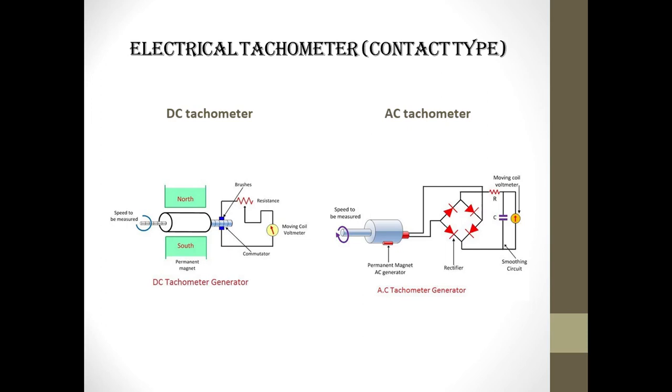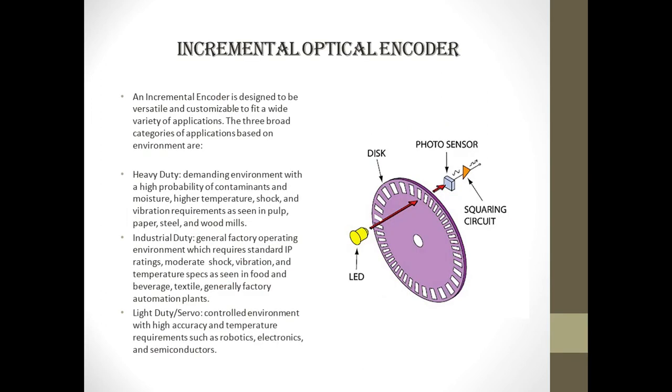The next topic of speed measurement is incremental encoder or incremental optical encoder. The incremental optical encoder creates a series of equally spaced signals corresponding to the mechanical increment required. The simpler type of incremental encoder is the tachometer encoder. Its output waveform and code track on the disk is shown in this figure. A tachometer encoder is sometimes called a single track incremental encoder because it has only one output and cannot detect direction. The output is usually a square wave.